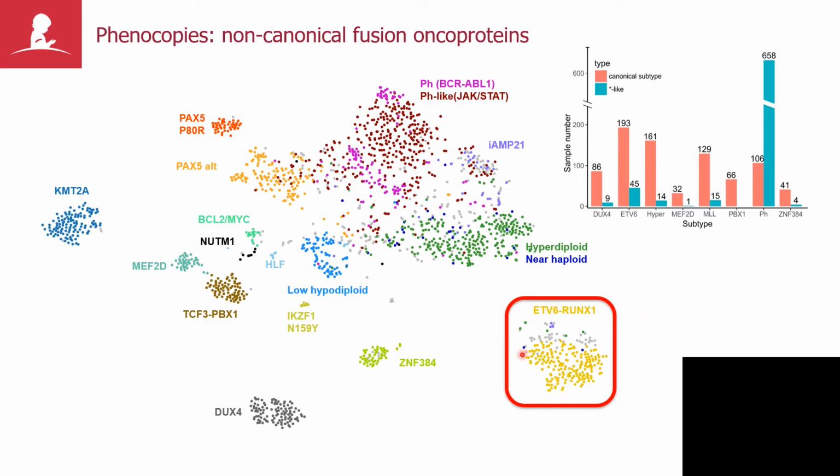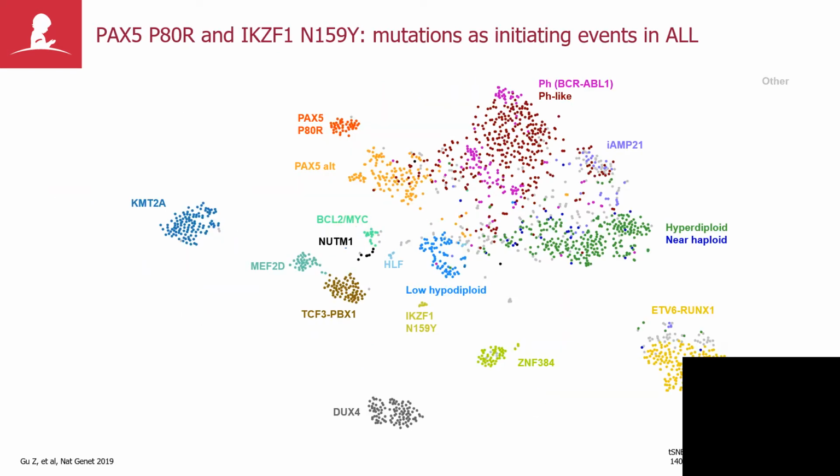Coming back to ETV6 RUNX1 leukemia, if we look at the lesions that are driving this form of leukemia, they make perfect sense. We see a number of different rearrangements targeting ETV6 itself, or a number of other fusions that are targeting other genes, including other ETS family transcription factor genes like ETV6. These cases thus have similar biology, similar clinical behavior, and it's important to diagnose these patients for risk stratification at the time of diagnosis.